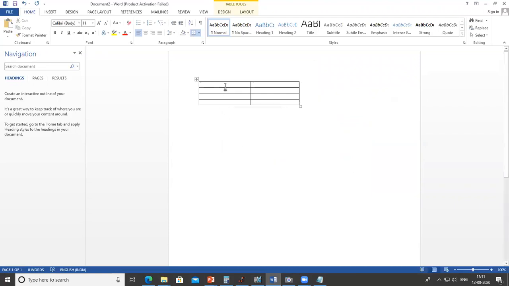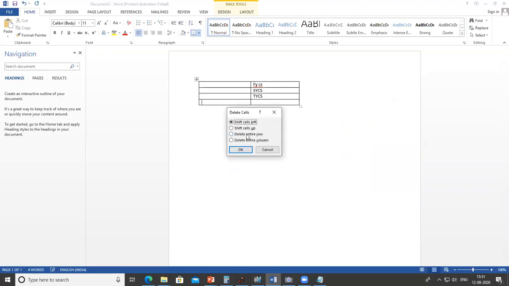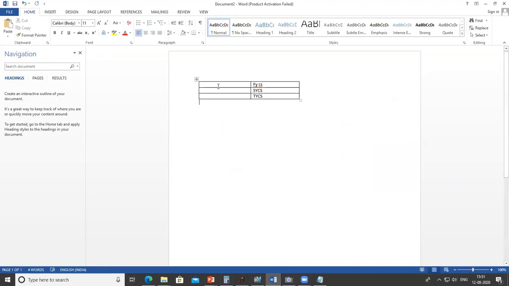Okay. So here I want to add FYCS, SYCS and TYCS. Suppose I want to show the table like this. I want to merge this. So I write here CS, computer science.